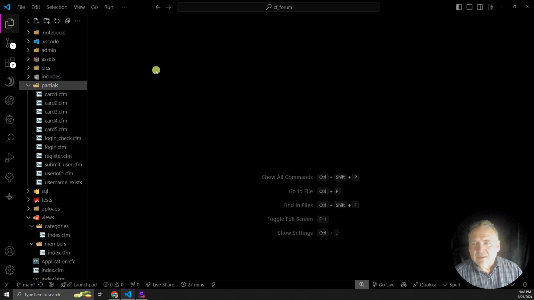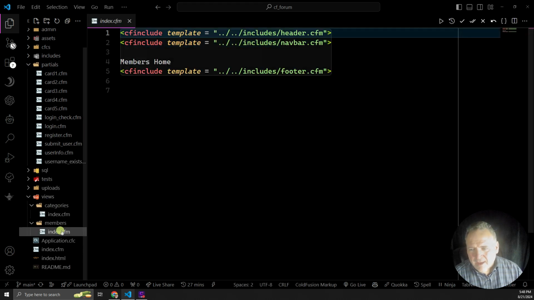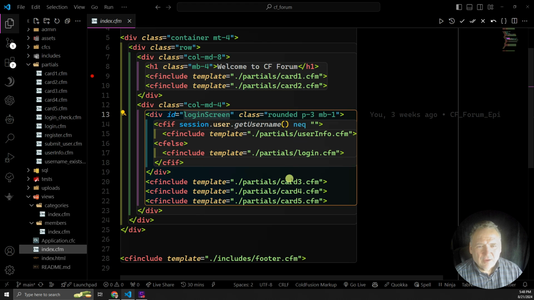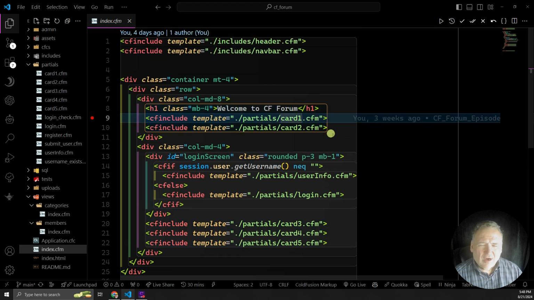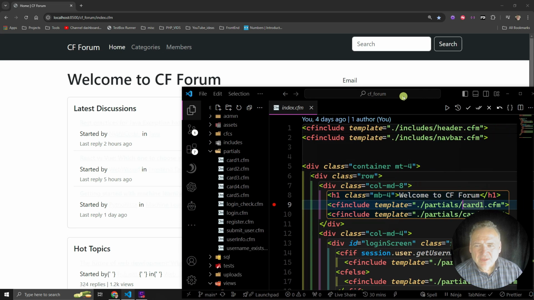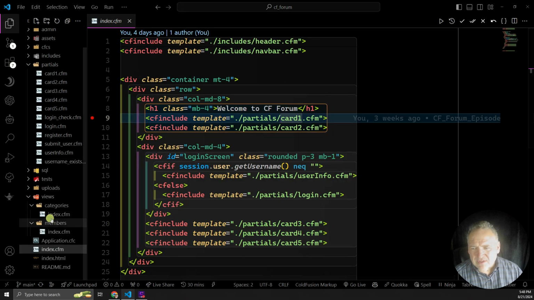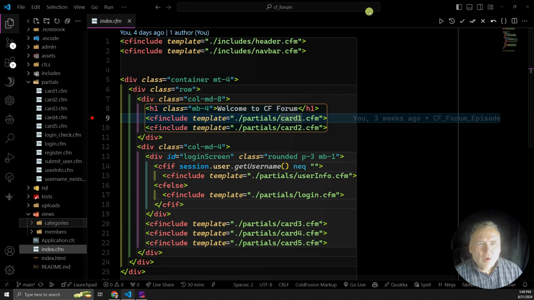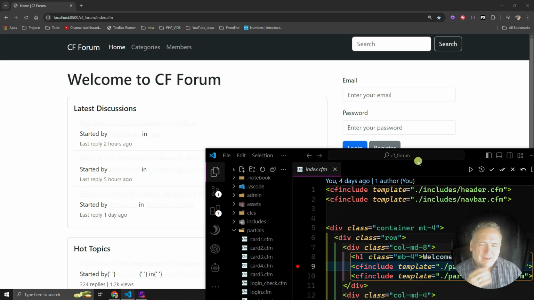So let's go look at our root index. So this first partial on the top left. So let's see here. This is card 1. So card 1 is technically that latest discussions. So let's make this make more sense. So we're going to have members, we're going to have categories. What would we call this? This would be kind of like discussions,